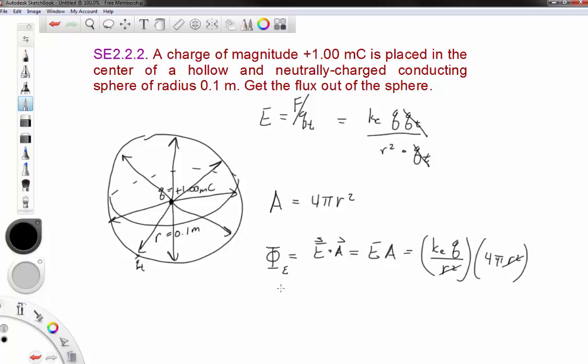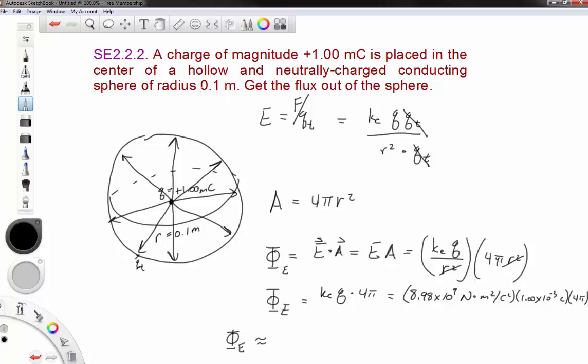So the R squareds cancel, and what we're left with is that the flux out of this sphere is KE Q times 4 pi. So that is 8.98 times 10 to the ninth Newton meters squared per Coulomb squared, times this thing was 0.1 millicoulomb. So that's 1 times 10 to the minus 3 coulombs. And then we can multiply that by 4 pi. So we should be able to multiply all these together and get the flux out of the sphere. So the answer to that is